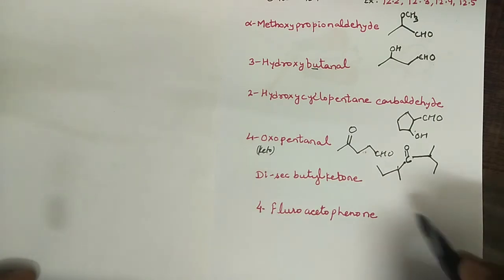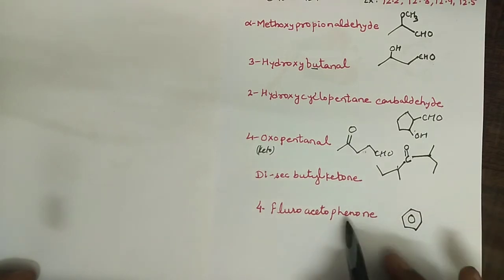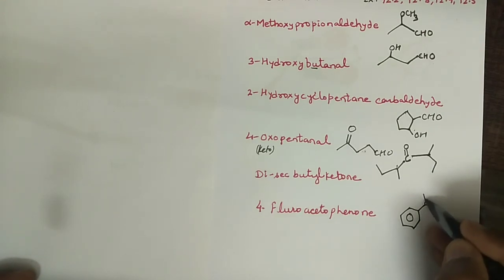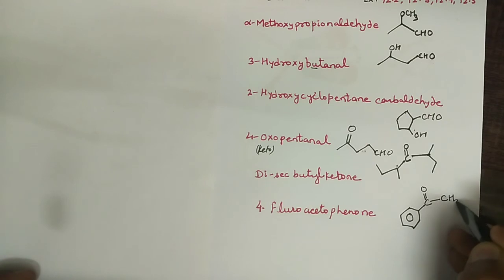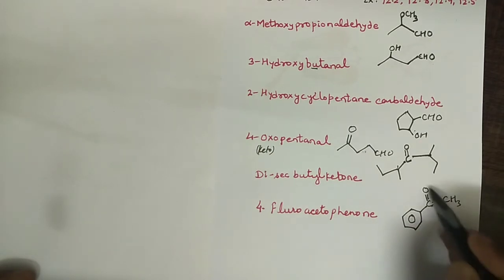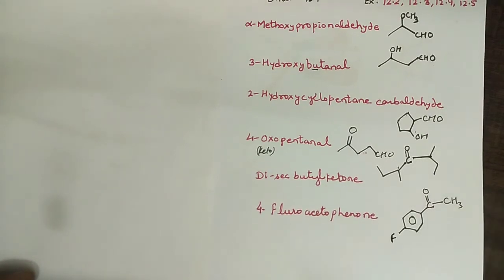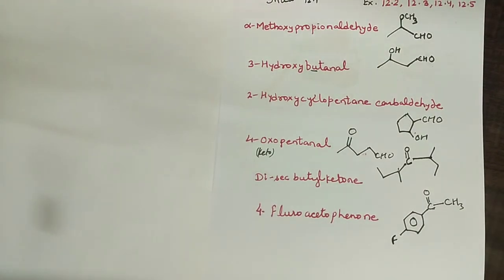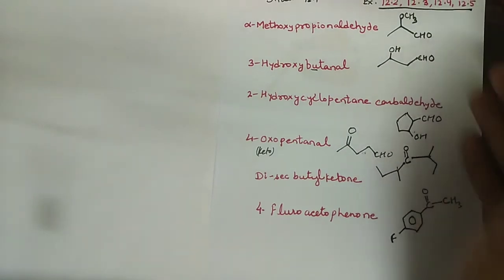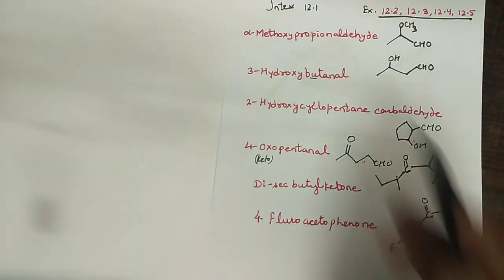4-fluoroacetophenone, right? First of all we are going to draw the structure of benzene. This is phene because you have understood this phene, right? And then this group is known as acetophenone, right? Because this contains the acetyl group and phenyl group, and it is acetophenone. And the fourth position to this is this one. So here is the fluorine. So this is the answer to the question, and you can solve the exercise questions 12.2, 3, 4 and 5 which are related to the nomenclature, right? This was in-text question number 12.1 which we have solved right now.